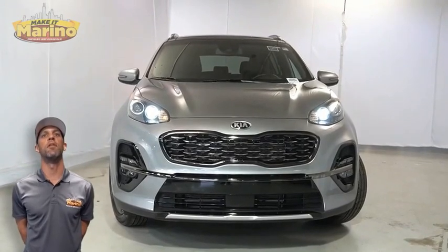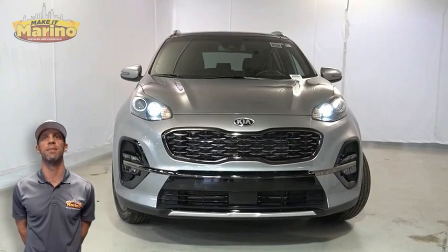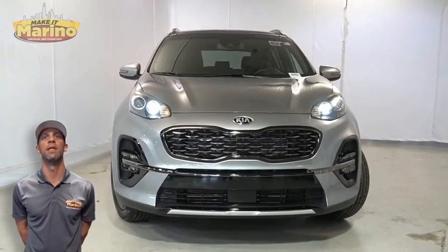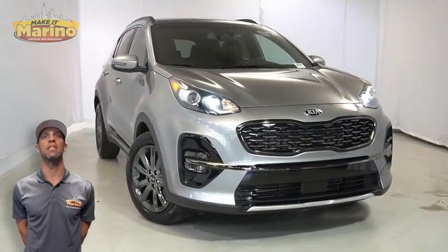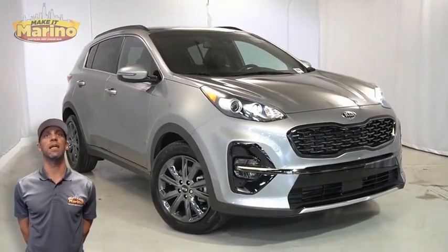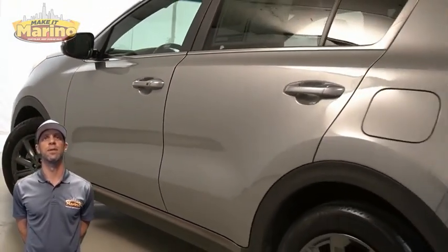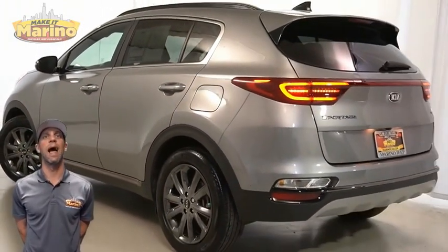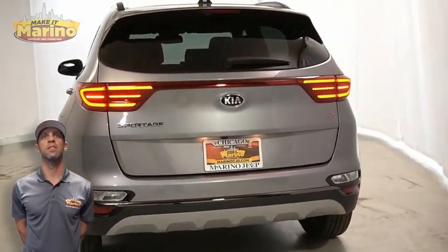If you're looking for a functional, compact SUV with reliability and safety for the whole family, then take a look at this 2020 Kia Sportage S in steel gray. With HID headlamps, electronic stability control, 18-inch aluminum wheels, brake assist, LED tail lamps, heated front seats, steering wheel mounted